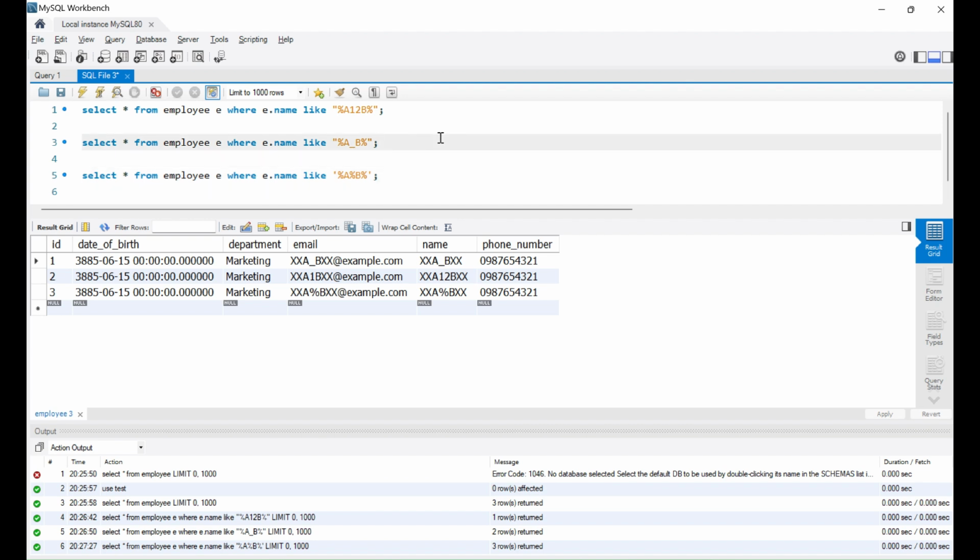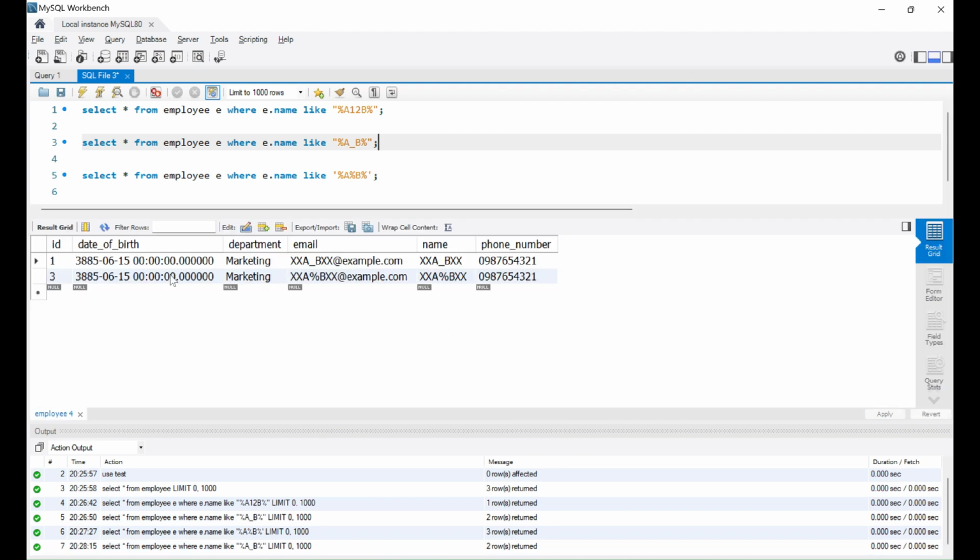Okay, fine. Now, what if I would try to search employee with the name who has substring A underscore B? Okay, so if I would run this on the second query, I want only the first row. I don't want this second row. I just want to match the first row A underscore B. I don't want the A percentile B. So this same thing I have written, right? A underscore B, but it is returning me the A percentile B as well